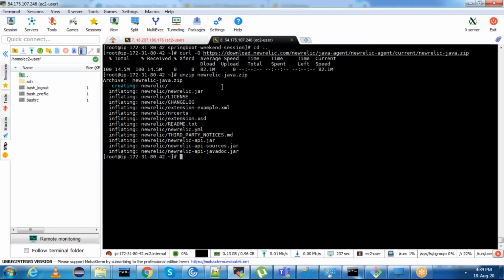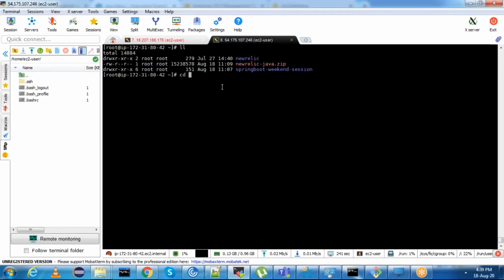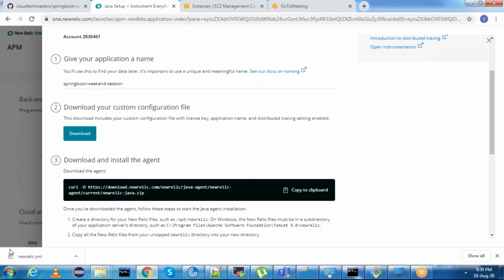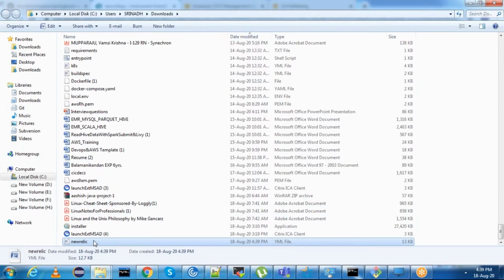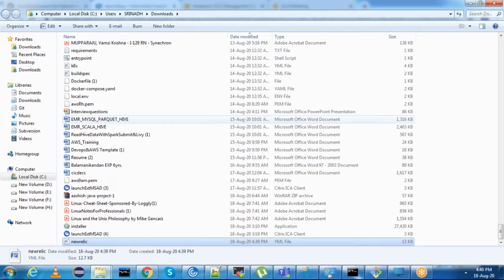Now in the New Relic project, you have a jar file called newrelic.jar, and you have a file called newrelic.yaml. Inside this newrelic.yaml, we have the licensing key. You can go here, show in folder, and say open with. If you want, you can use another program.